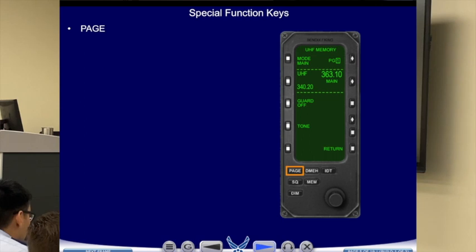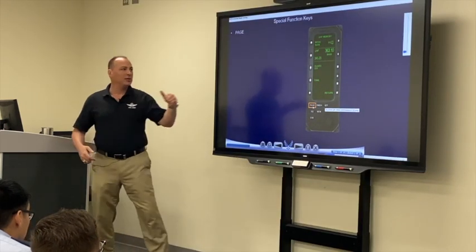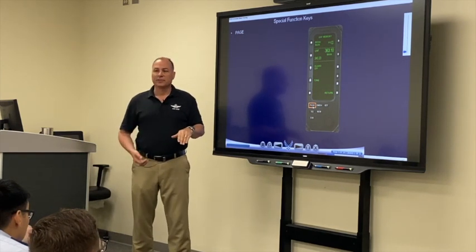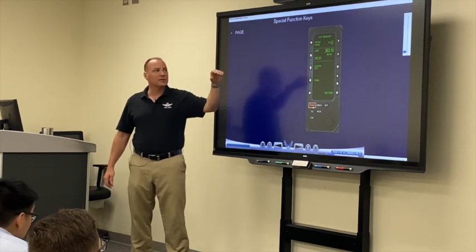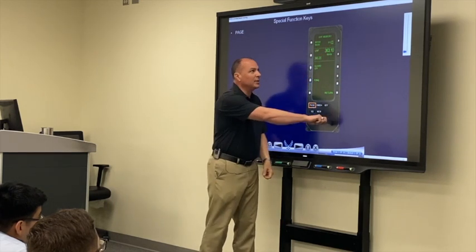There's sub buttons down here, so page. Once I have a field selected, if I hit page, I get all of the sub pages for that particular field. For example, we had UHF selected in the previous slide. If I hit page, now I get to page 1. If I take this knob and I twist it, I go to